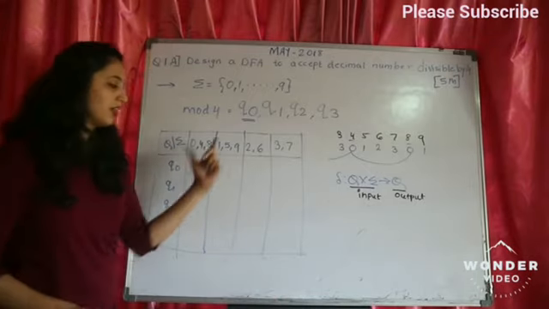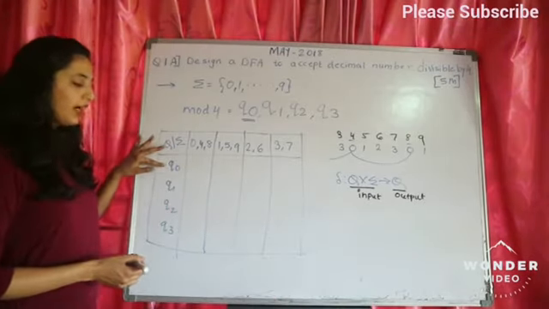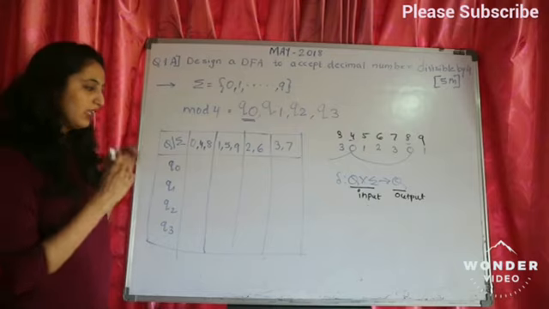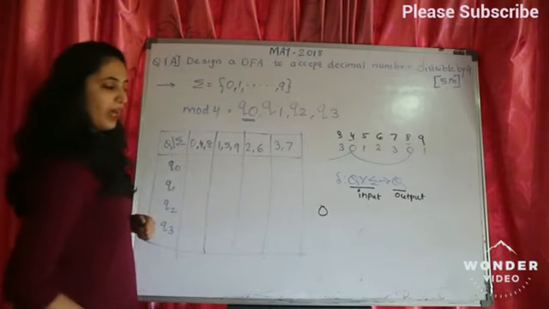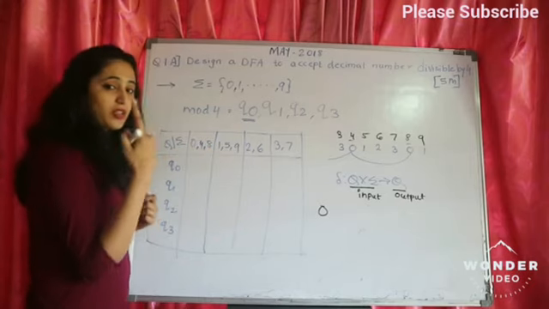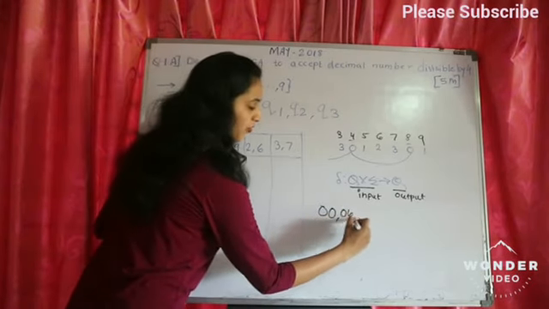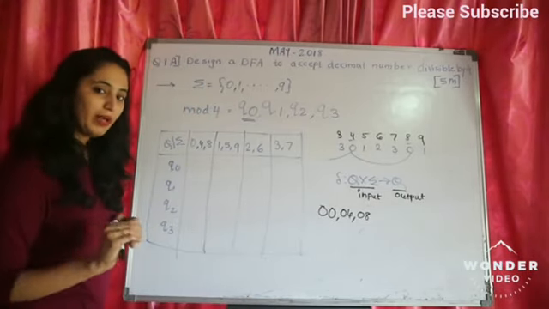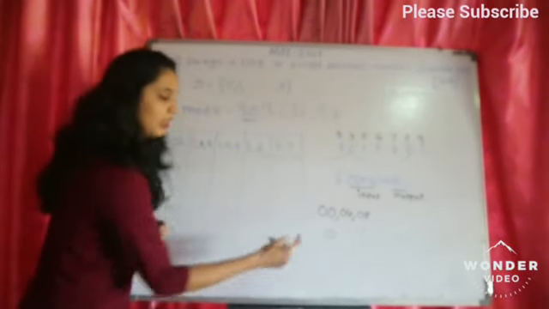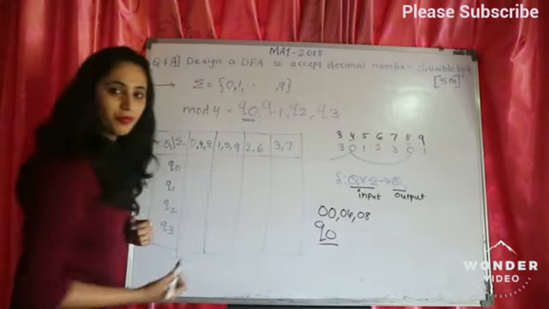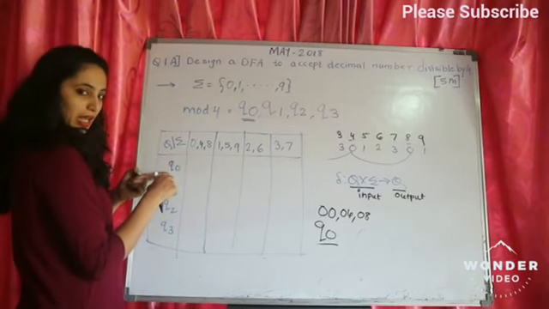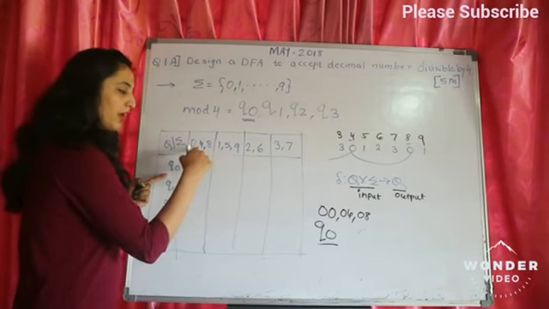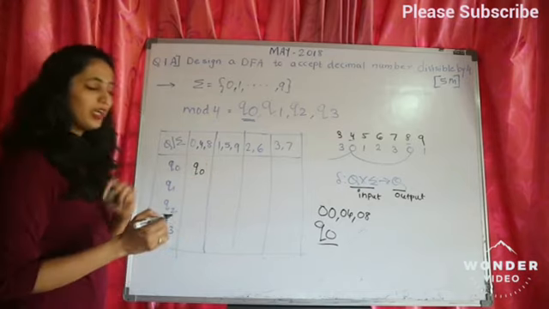Now we want to start designing this table. Whenever we are at state Q0, that means we have remainder 0 with us. Already the remainder value is 0. On top of that, if I get the number 0, 4 or 8, so the number becomes 00, 04 or 08. Any of the 3 numbers, if I divide by 4, what is the remainder that I will get? Of course, 0. That means it goes to state Q0. So on Q0, if any of the values 0, 4 or 8 comes, what will the remainder be? 0, and that's why it will go to state Q0.